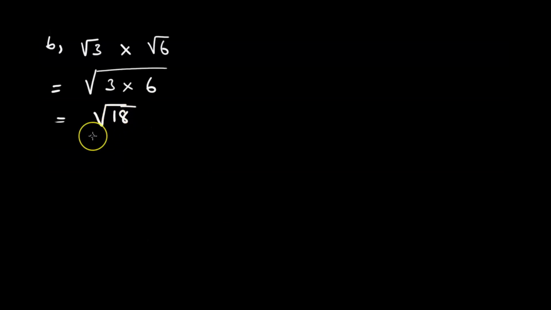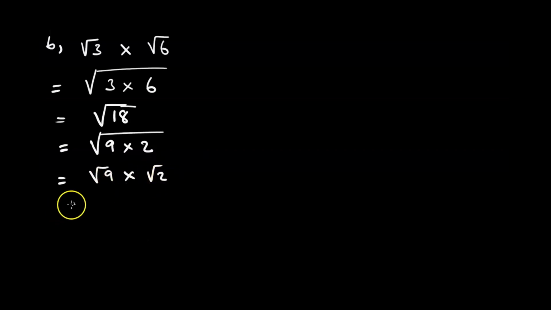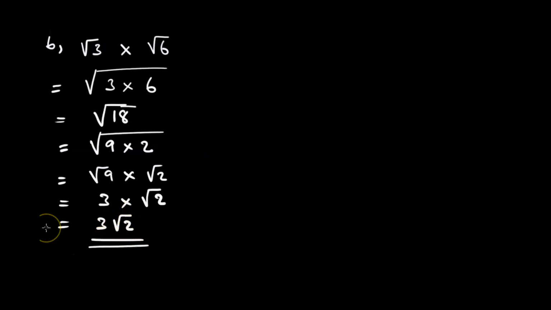The temptation is to leave the answer here, but it cannot be, because half of 18 is 9. 9 is a perfect square. That means we break it further into 9 times 2. I replace 18 with 9 times 2. This then will be equal to the square root of 9 multiplying the square root of 2, which is 3 times root 2, which then gives the final answer of 3 root 2. So we are done. That is it, dearly beloved.